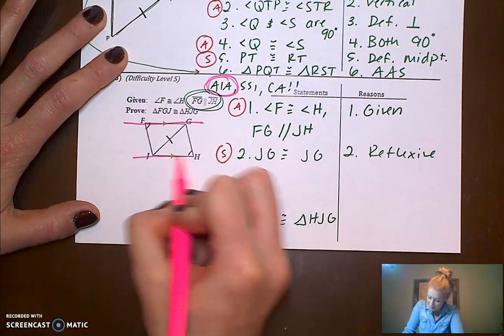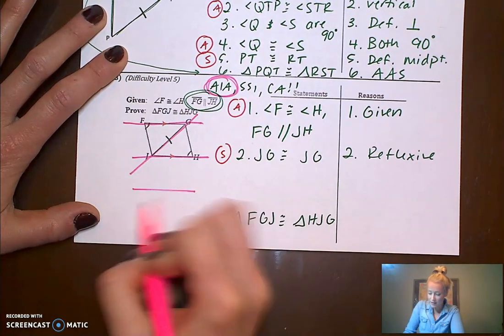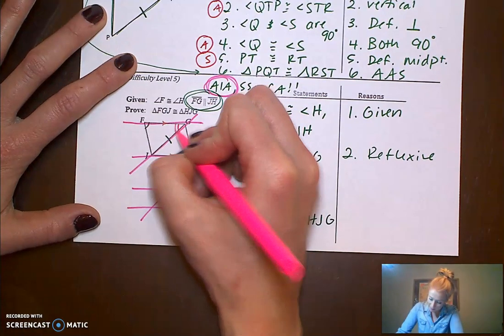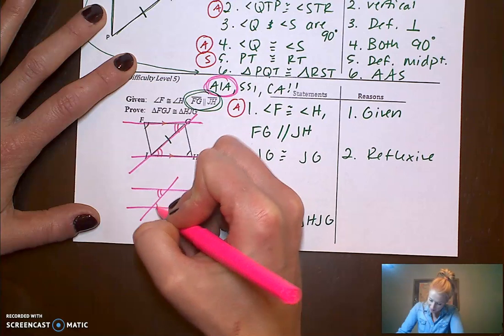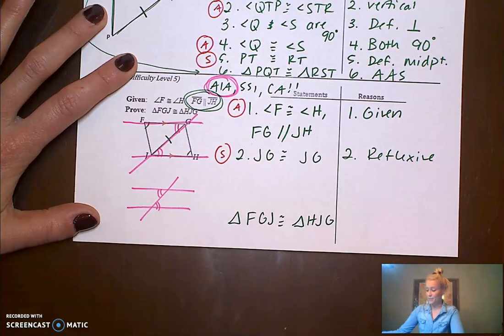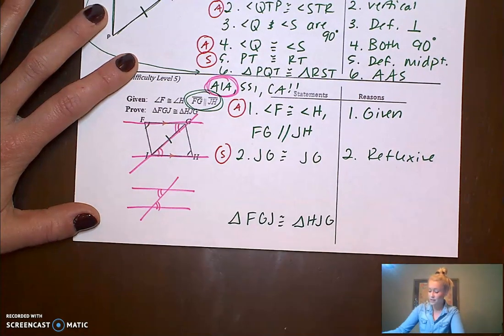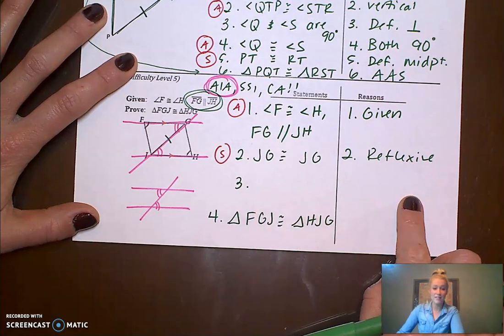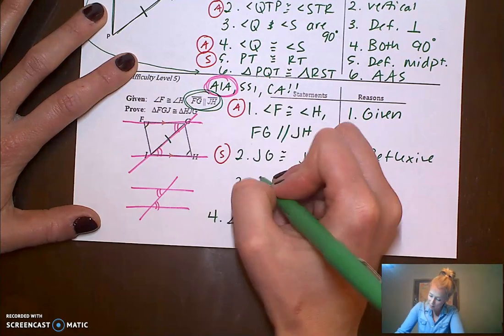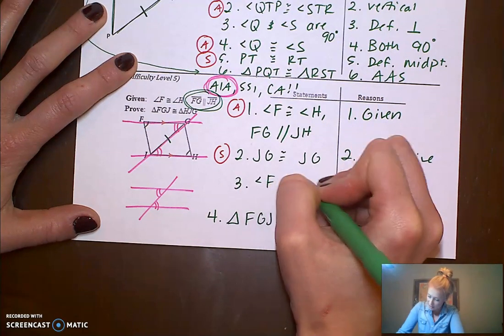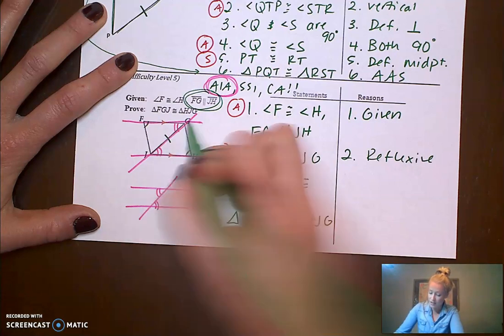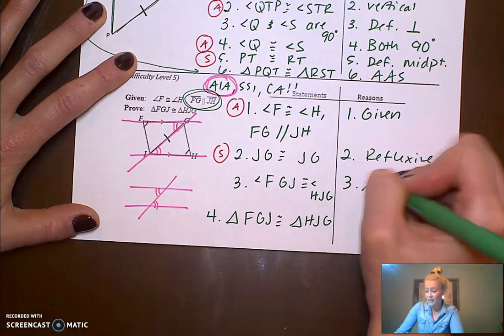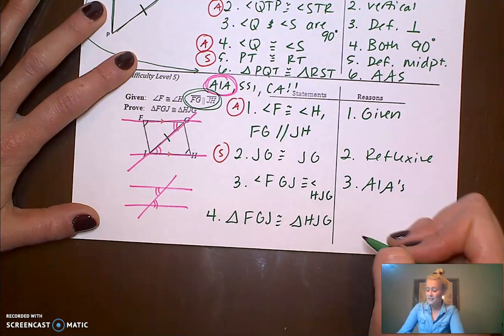Okay, check it out. There's your 3-line picture. Lines are parallel, AIAs are congruent. If you can't see them, they're right here. Those guys are AIAs, which would be the same when the lines are parallel. So those are your last congruent parts. You just have to list it, and then you can say the shortcut. So it's going to be angle FGJ, FGJ, and HJG. And the reason, those are AIAs. See if you can figure out the short